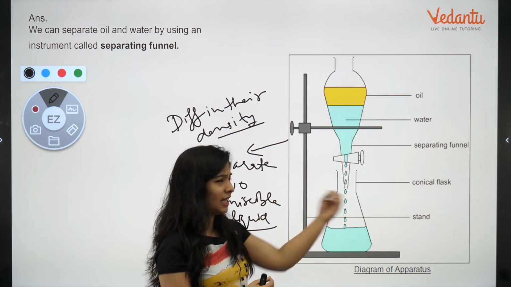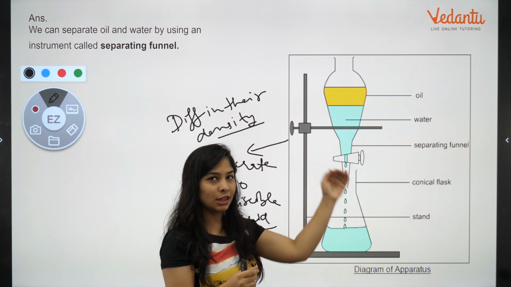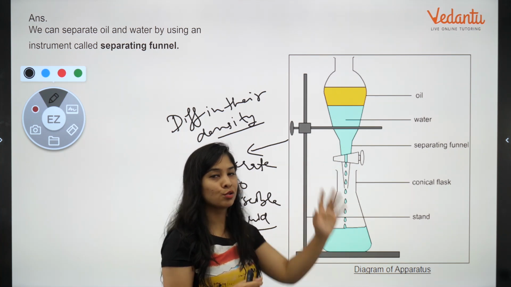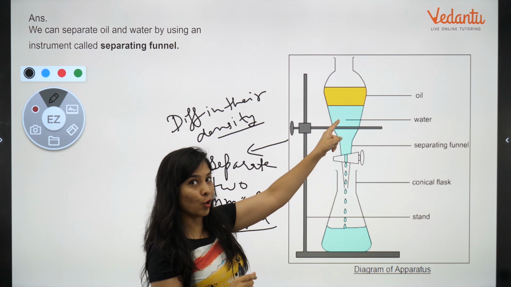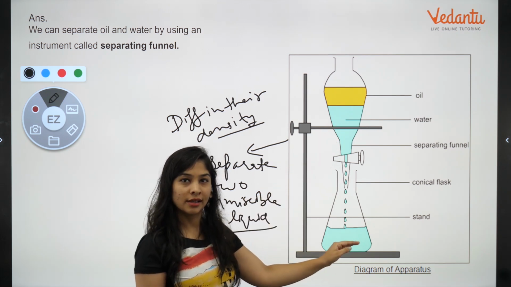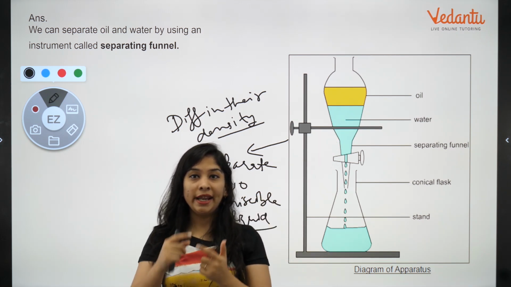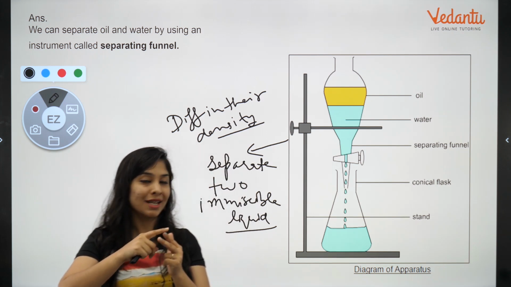Okay? Close it. Take another beaker. थोड़ा सा sample निकाल दो. When it reaches to oil point, so just stop it. So oil is there, pure oil, nothing else, pure water. This is the way we can separate two liquids which are not going to mix each other.